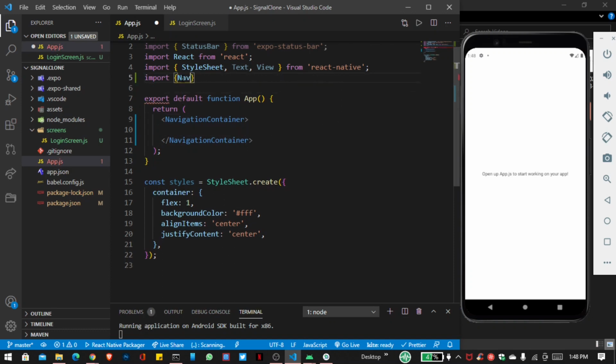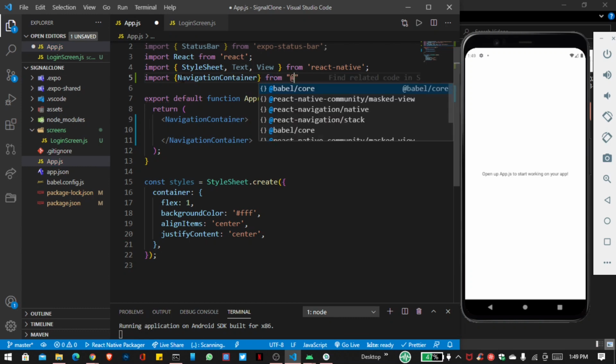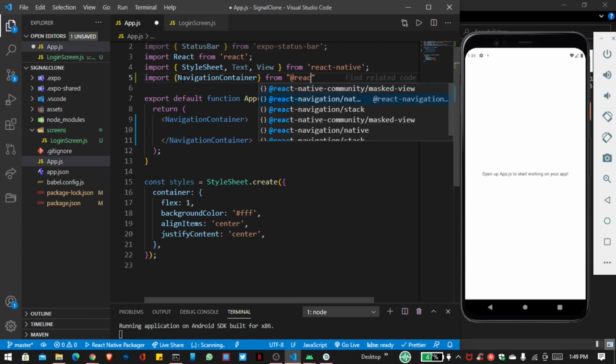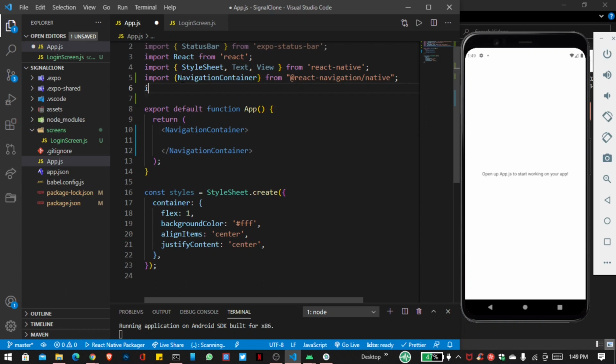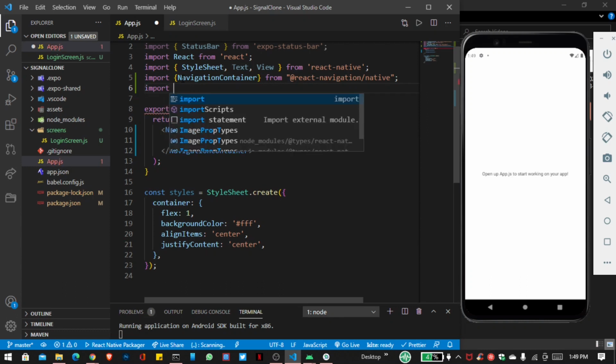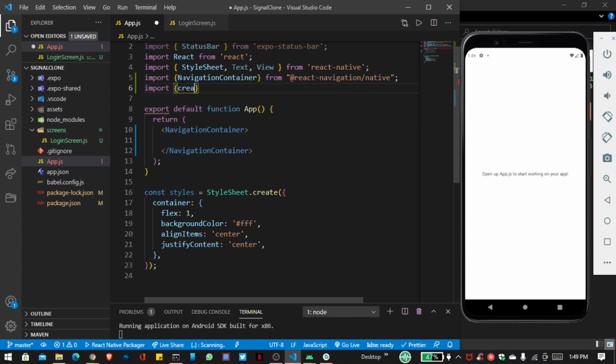So import NavigationContainer, and that comes from React Navigation Native, and we also have to import createStackNavigator